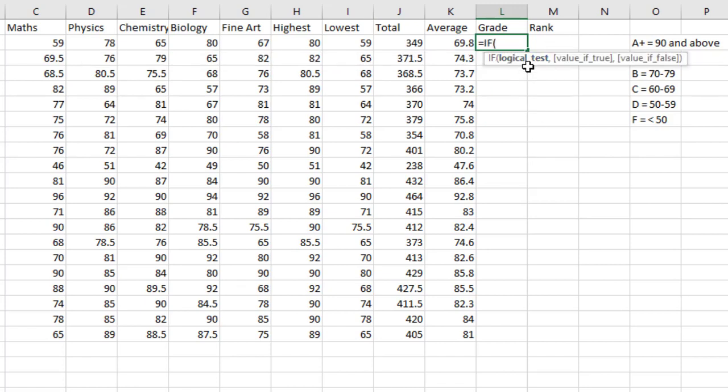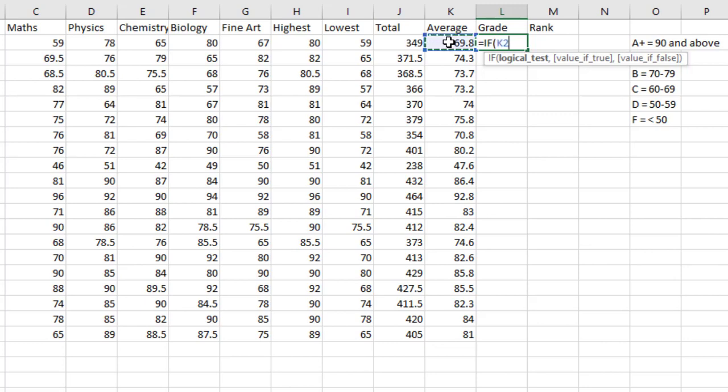What is the logical test here? Our logical test here is that we are referring to the average score of the student. That if the student score, the value on